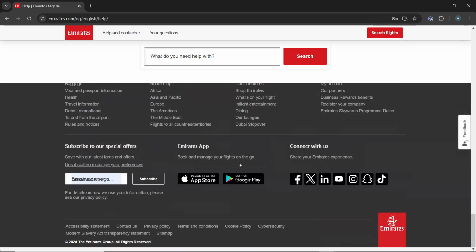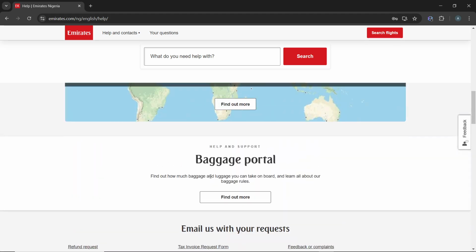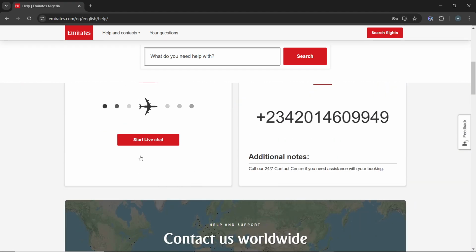You can also contact them on social media. So just scroll all the way down and you find all of this. These are all the social media platforms where you can reach out to them. And that's it. So to use a live chat, just go ahead and click on the Start Live Chat, and